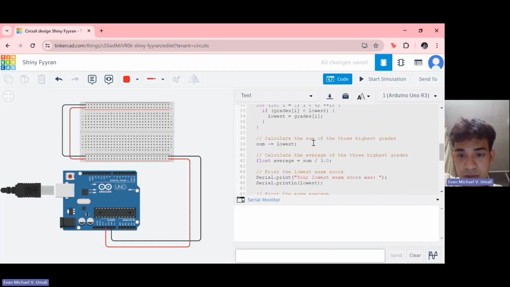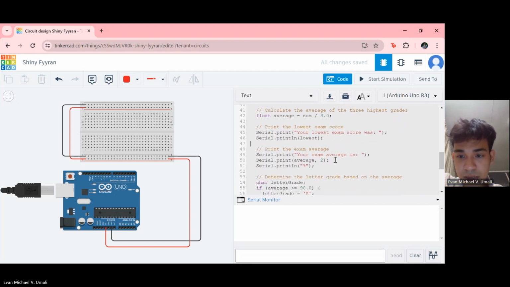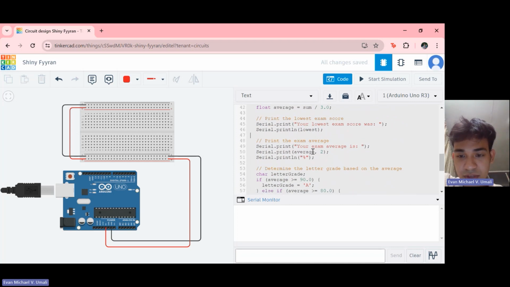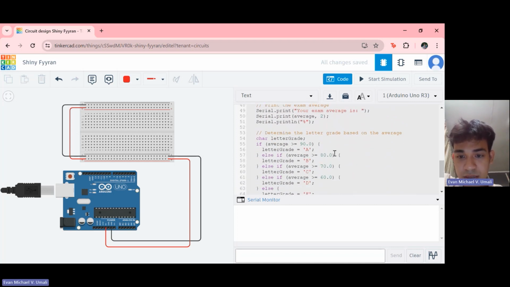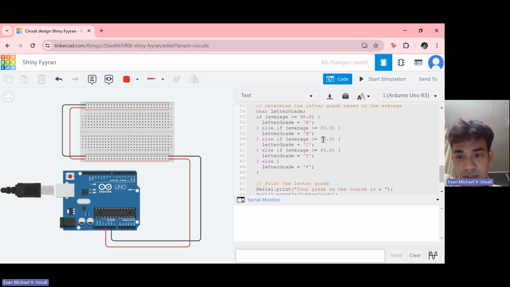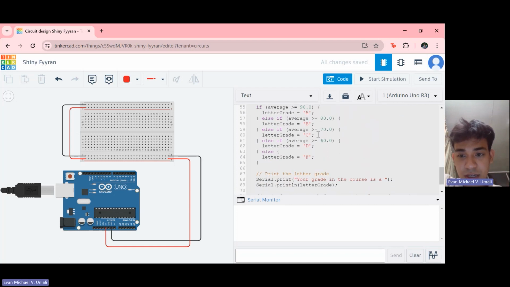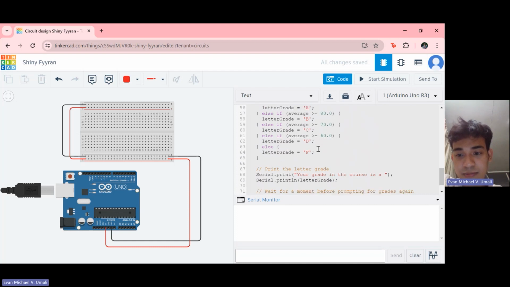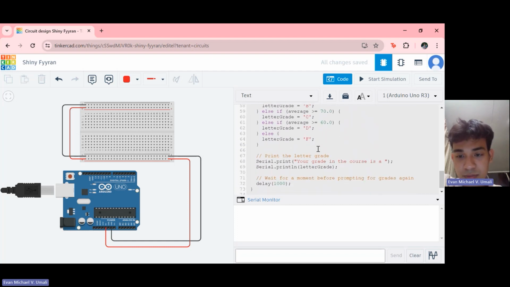The code identifies which is the lowest. And then for the exam average, it gets the average of the scores. And then for the letters, A is the highest, which is when the average is above 90%, the result is A. If it is greater than or equal to 80%, the grade would be letter B. And then 70 and 60, depending on the average obtained in percentage.